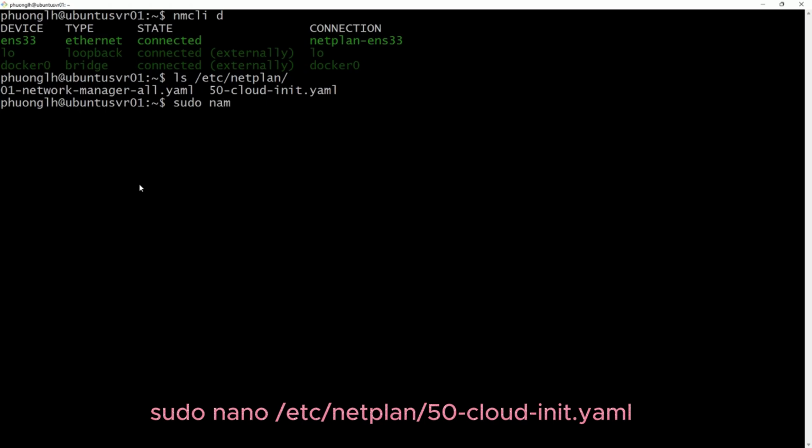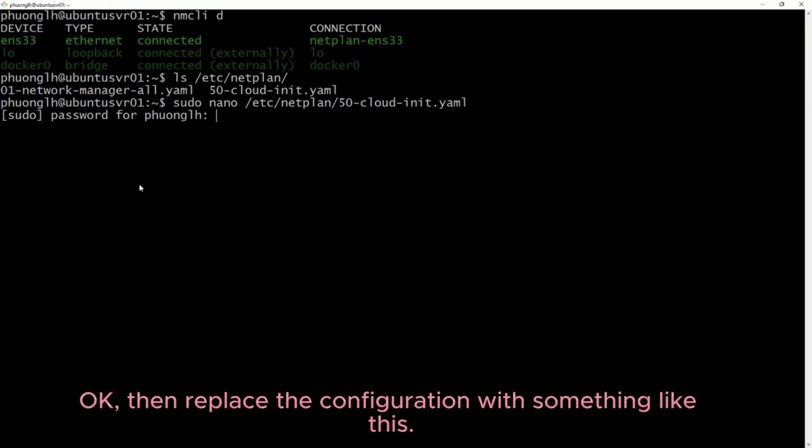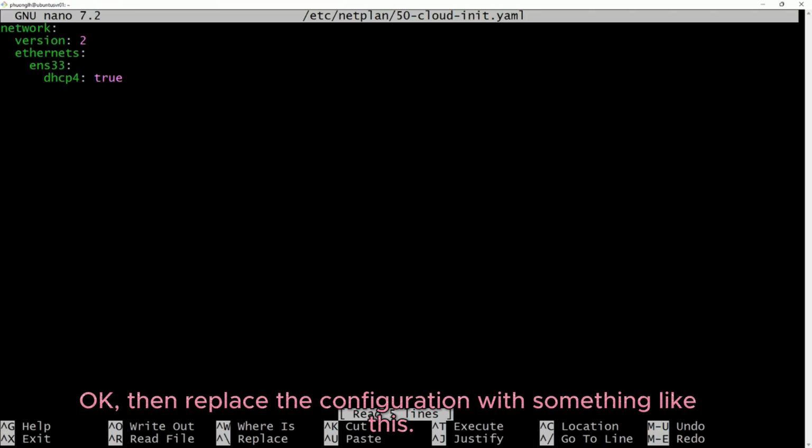sudo nano /etc/netplan. Okay. Then replace the configuration with something like this.